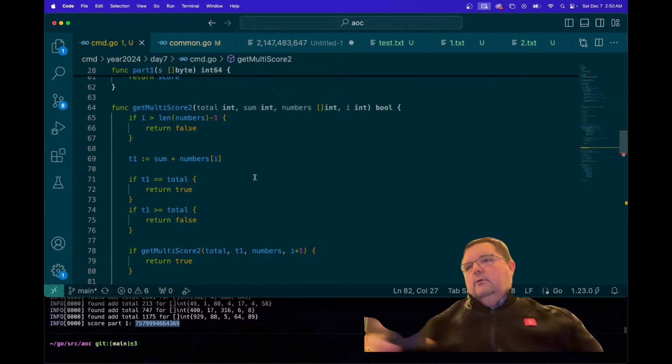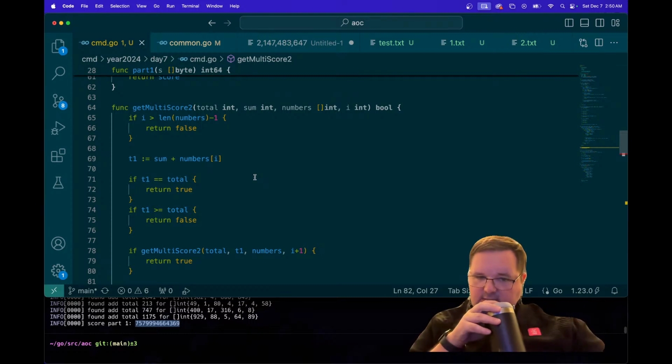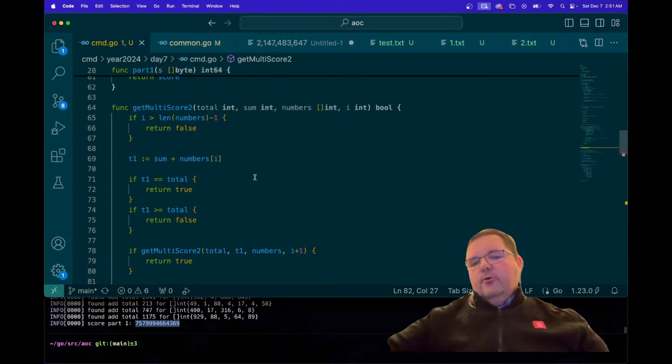So what I'm doing here is I'm only checking the next index. But in order for this to work,